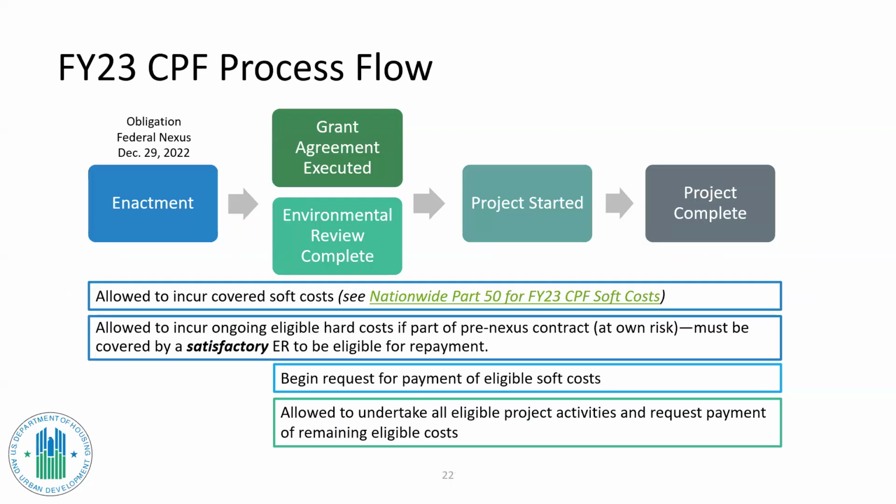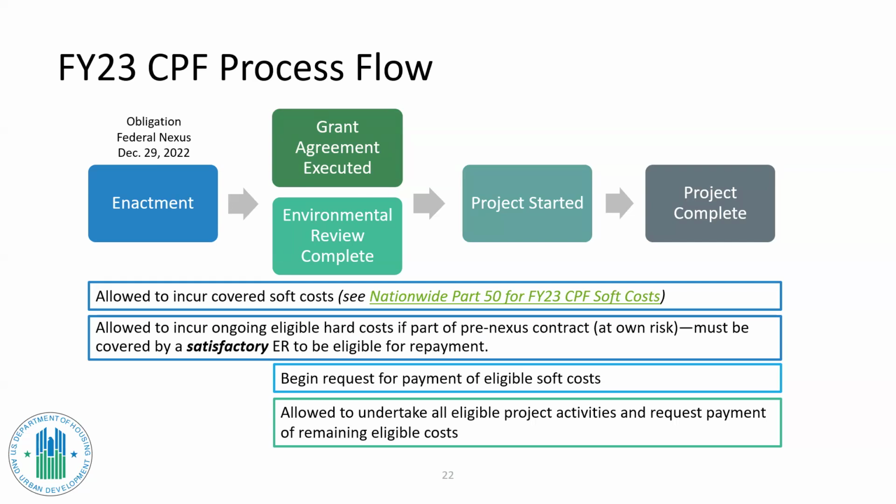Okay, this next slide shows the CPF process flow for fiscal year 2023, which many of you may already be familiar with. This particular graphic can be found in the CPF guidance and scenarios document on the HUD Exchange. And this offers a visual breakdown of when both soft and hard costs are allowed to be incurred and when grantees can request payment for those activities in relation to the environmental review and grant agreement execution process. So the key takeaway here for fiscal 23